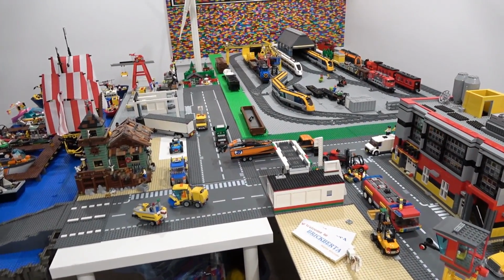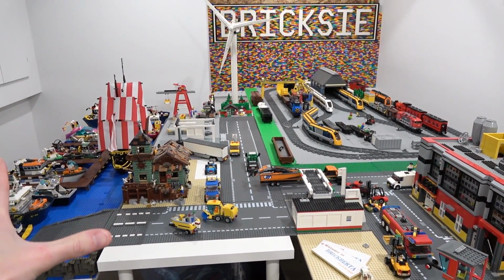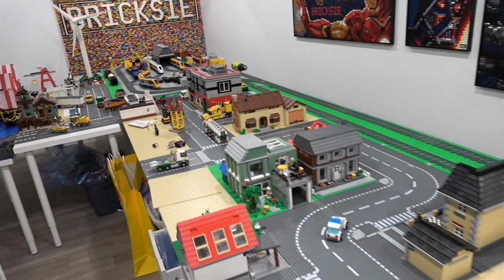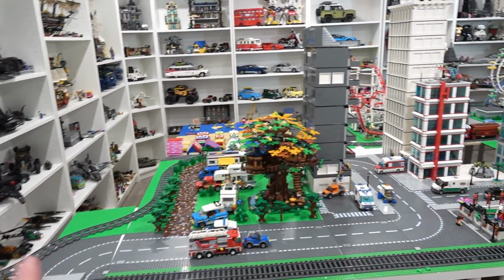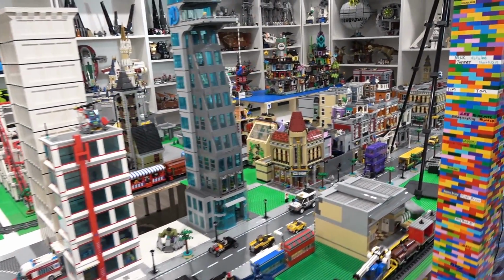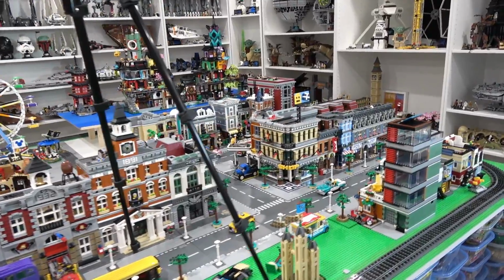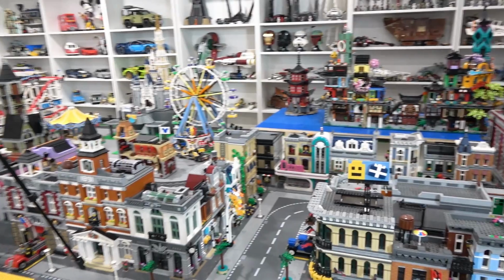So we're going to get started, I think, over here in this section of the city, starting in the boatyard. There's some changes that we have to make, and then transitioning into the residential buildings. Once we're done making our changes here, we're going to transition into the downtown core and start to clean up some of this mess up over here as well, and shift some of these buildings around, and also make some changes to our train track, and maybe even move this tripod off the table because it looks sort of out of place. Got lots of work to do today, so let's get started because I'm really excited to get these